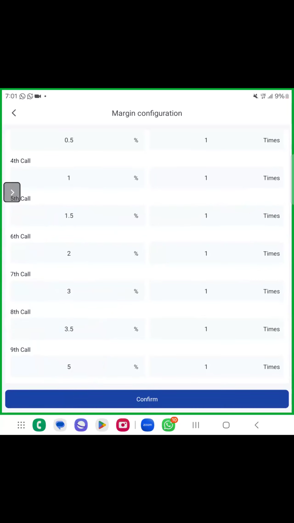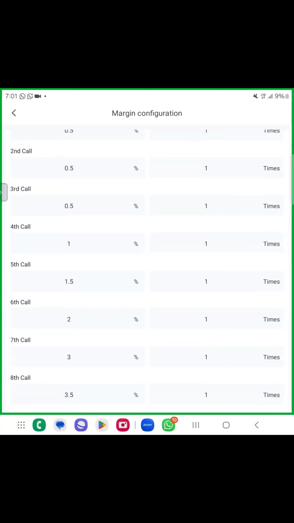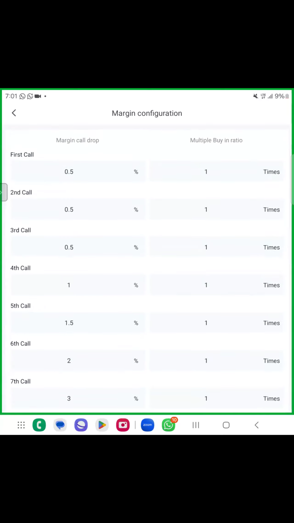3 to 3.5, that's 8.5. So 8.5, 11.5. Let me see my calculator. 5 plus 3.5 plus 3 plus 2 plus 1.5 plus 1.5 plus 1, 2.5 plus 0.5 times 3, 1.5 plus 1.5. So I'm having 17.5